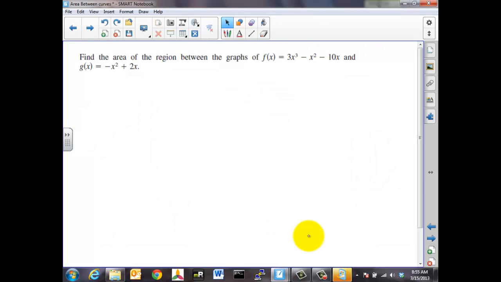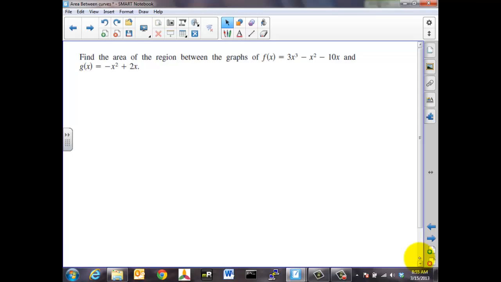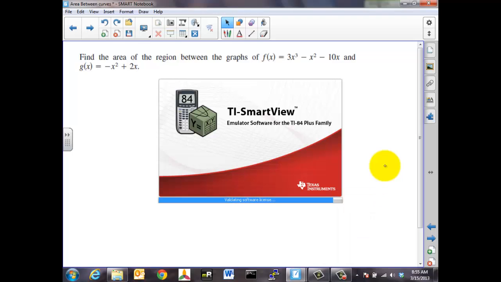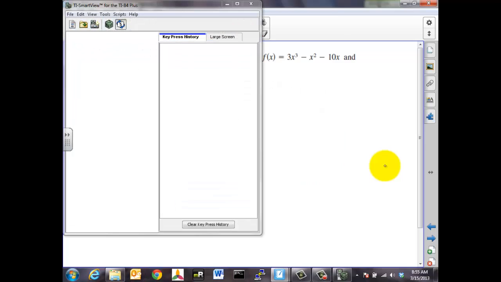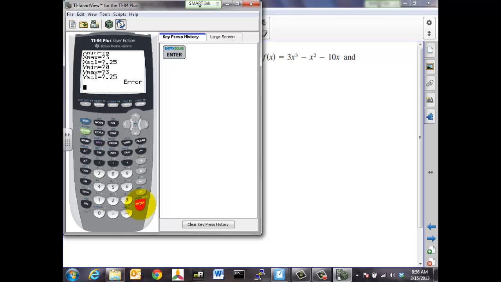So I'm going to pull out my graphing device over here. There it is. It's important that you know how to graph these on your calculator, because I do not expect you to look at this and say it's x cubed, so it's a funny looking s, going up to the right. But past that, I don't expect you to know what that looks like. So I'm going to go to my calculating device